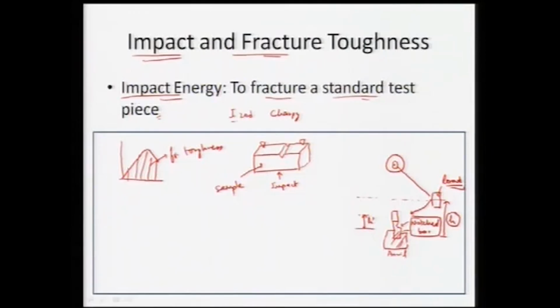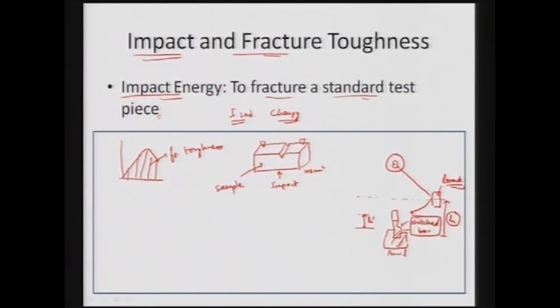So we have either Izod testing or Charpy bar testing. This is a bar, generally around 10.6 to 10.8 millimeter square sample, and we provide a notch, and then it is fractured. The top center schematic shows the Charpy impact testing, and in this case we have a 45 degree V notch, which is around 2 millimeter deep, with a root radius of around 0.25 millimeter, and the impact direction is shown along with it.